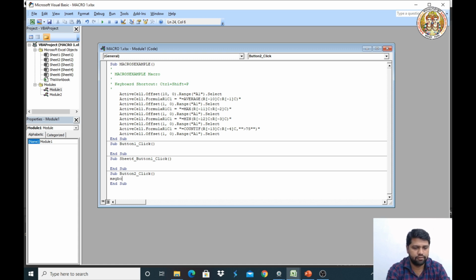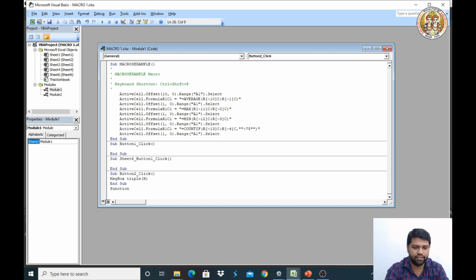Message box, triple, x. So just enter it, and now we need to call the function.